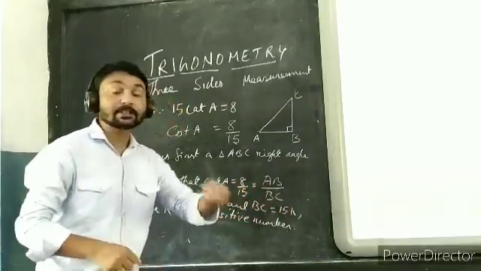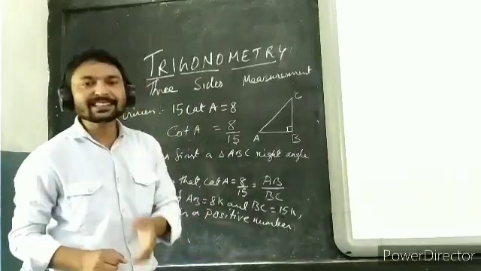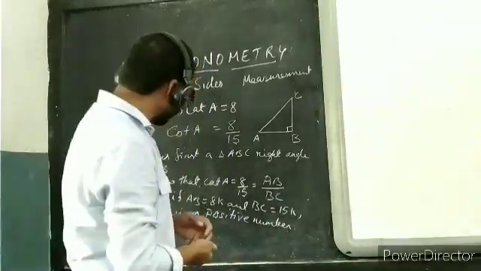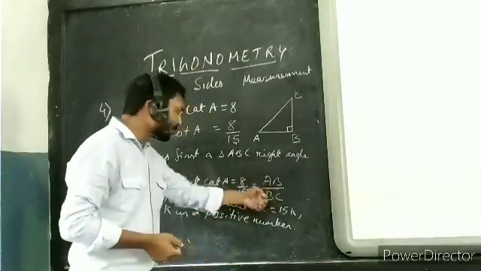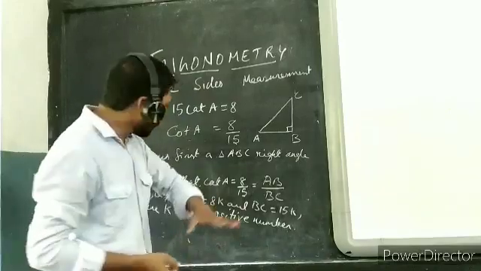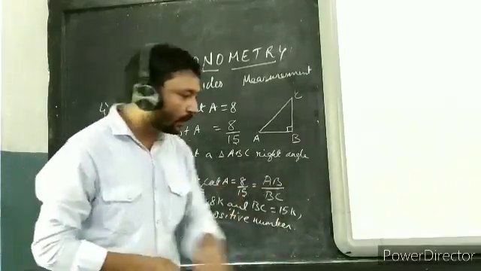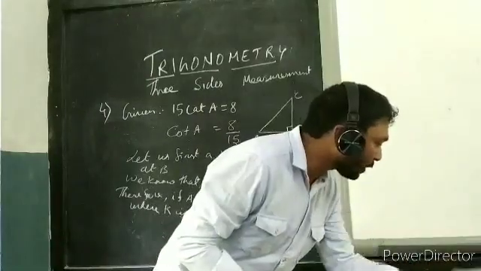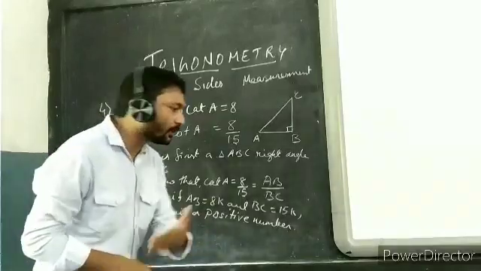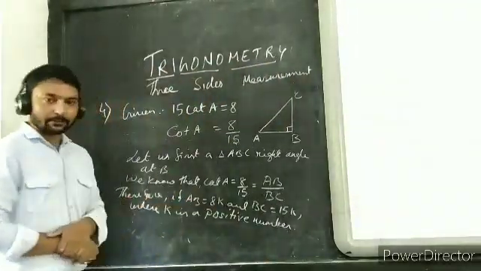You can multiply by any number, it can be any number. That's why we are taking K. Always remember, in this type of question you have to take K. Without taking K, if you write AB equal to 8, BC equal to 15, it is totally wrong. Here nowhere is it given that AB is 8 and BC is 15. Even in question number 1, it is clearly mentioned that AB is 24 centimeter and BC is 7 centimeter. It's already mentioned there, that's why we put it like that.